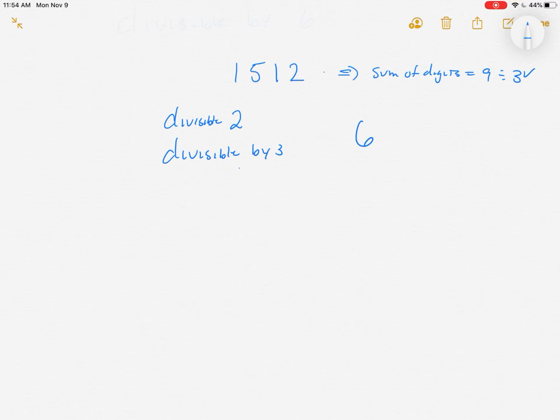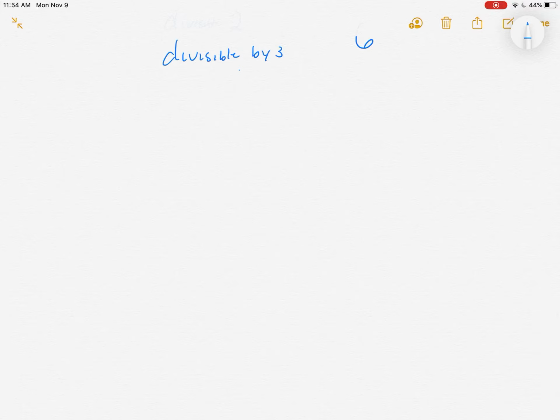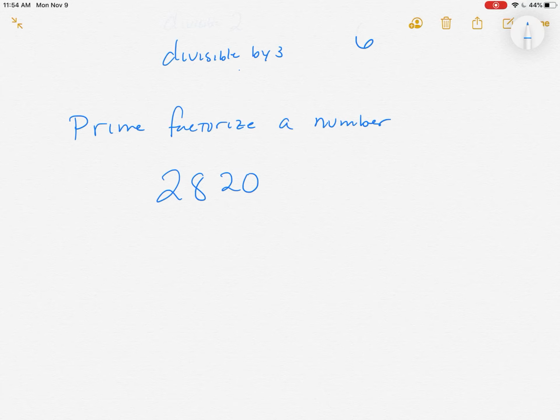It's actually pretty nice. The last things that they're going to be asking you to do is prime factorize a number. So they're going to give you a pretty big composite, maybe like 2820. And the best way to prime factorize a number is through what we call a factor tree. It's not the only way, and so if you've learned another way, you might feel that's the best, but they focus on the factor tree. When you do a factor tree, you can choose any factorization you want,